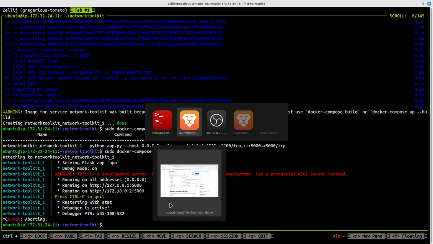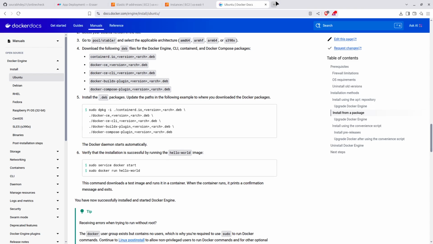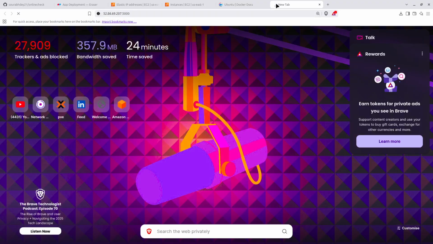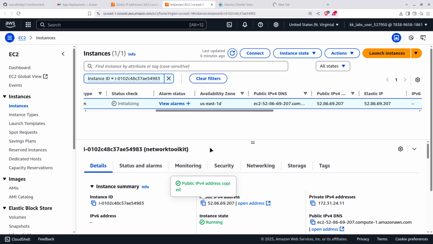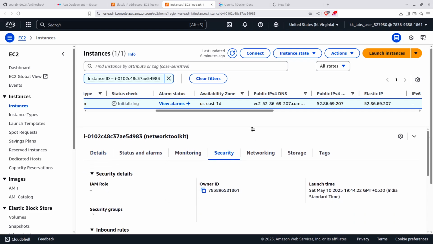Now the thing is, if I want to access it using this IP address followed by the port number, which is this one, 5000, and I enter here right now, it is not going to open because I didn't allow that in our security group. So let me just open my security group